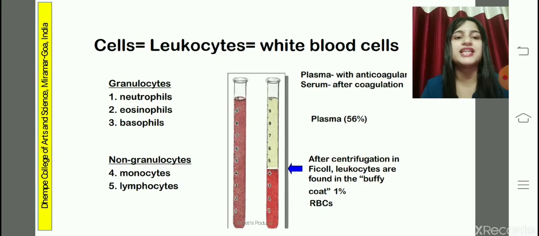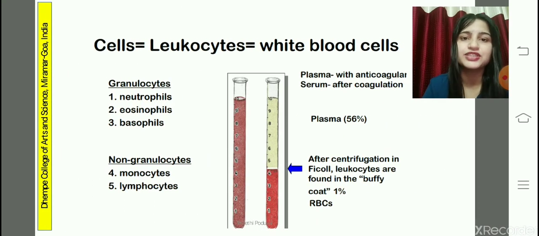In this slide, you will see the first slide is of the blood, and the second slide is after adding a coagulant and centrifugation. You will see the blood is distinguished clearly into two main sections, which is the plasma comprising 56%, whereas the remaining is of all the different RBCs, which is giving the reddish tinge, and only 1% is the leukocytes. But this 1% is the most important 1%, which provides us with all the immune cells such as the granulocytes and the agranulocytes or the non-granulocytes.